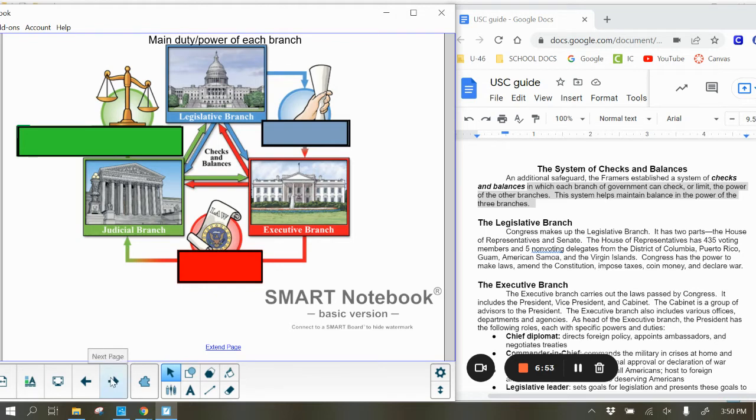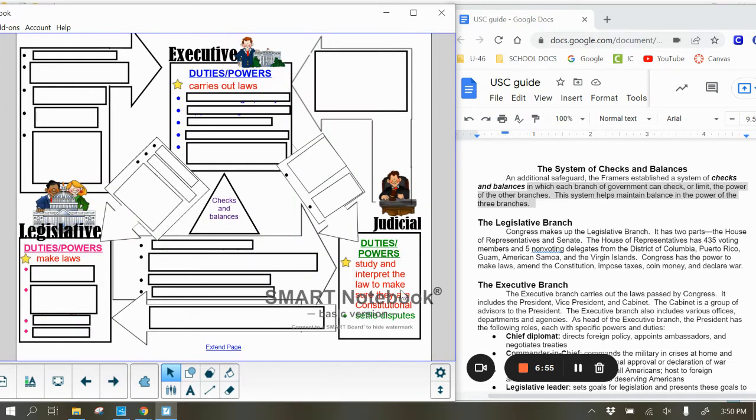So I'm going to actually jump ahead here. This is kind of what your flow chart should look like right now. I had to kind of squish it together so that it fits on the page a little bit more. So I did not include who is in each branch here, but you'll see carries out laws is by the star, make laws is by the star, study and interpret the law to make sure they're constitutional is by the